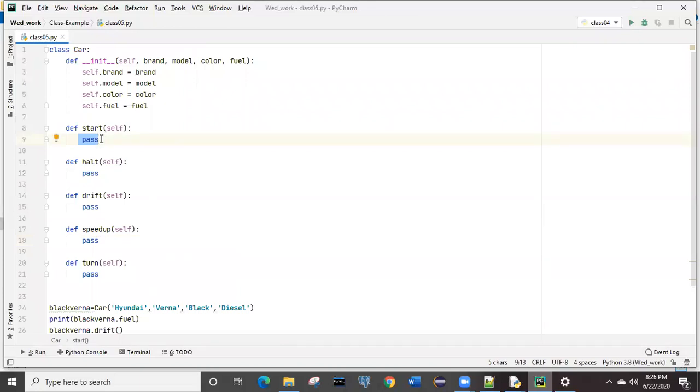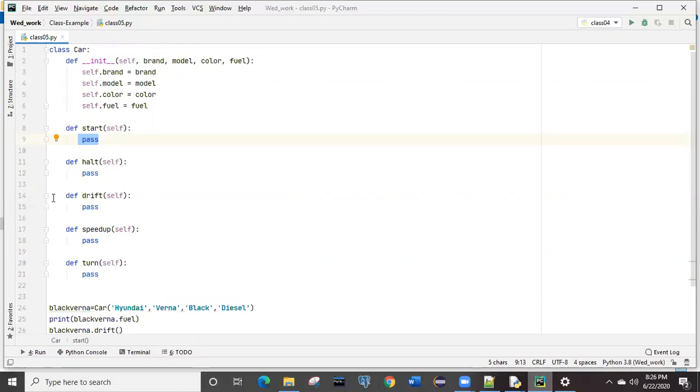But for every corresponding method, we didn't write any statement. We are simply writing pass, which means whenever this start method is called, it will simply go to the next one. That is the intention of this. It means it will pass it. It is not having any content to print and it is not having any error, so that your program will hold at a particular line. For that purpose, we have pass as a keyword.